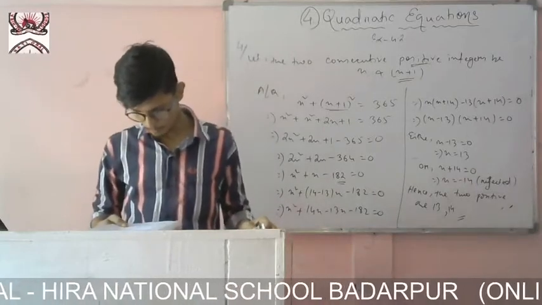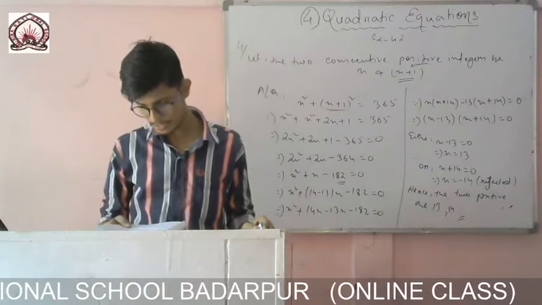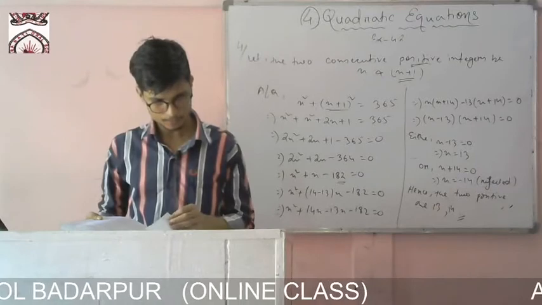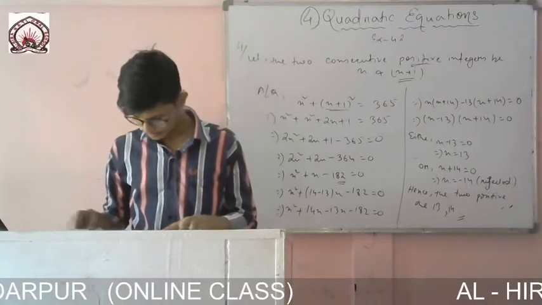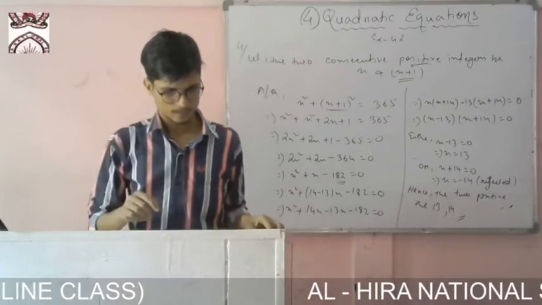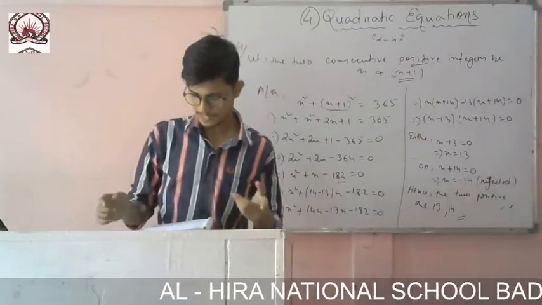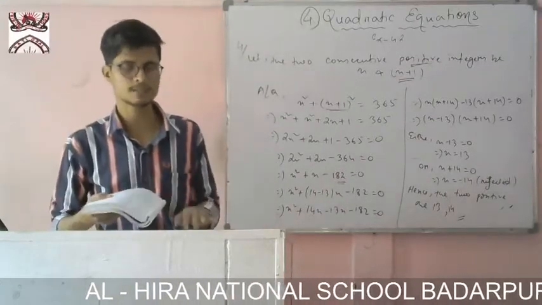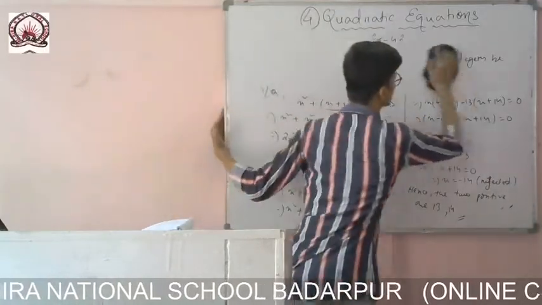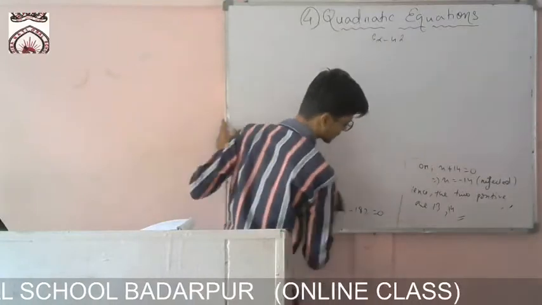Now let us move to question number 5. The altitude of a right triangle is 7 centimeter less than its base. If its hypotenuse is 13 centimeter, find the other two sides. Very easy sum, you just have to use the property of the triangle. Hypotenuse given, the relation between base and altitude given, so all three sides of the triangle are somehow given. So I can use the Pythagoras theorem and easily find it. It will not be a tough job for us.